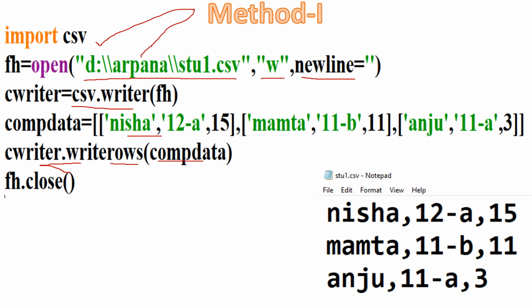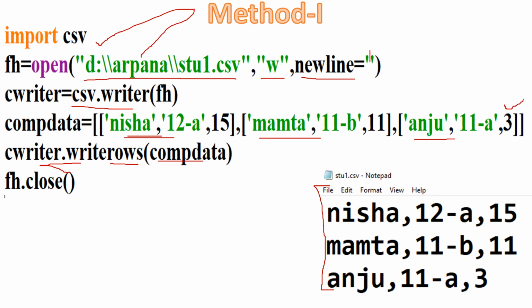So the writerows function will write this set of data with no newline characters because nothing is specified here. When you open the file, you will see no new line between each record, and these three records are in the form of a nested list. So this is the first list, the second list and the third list, enclosed and created as a list of lists.